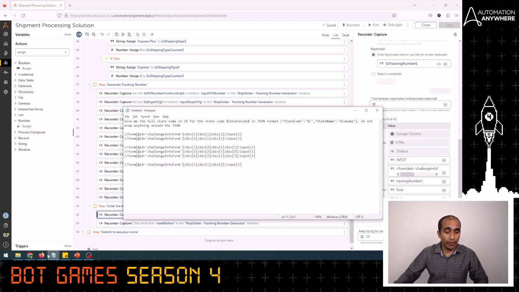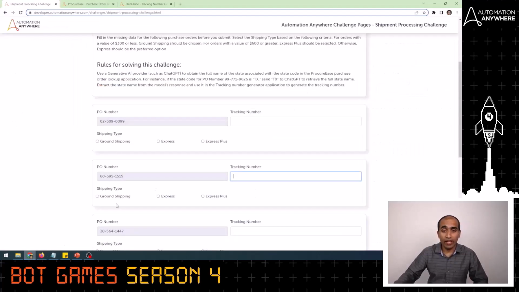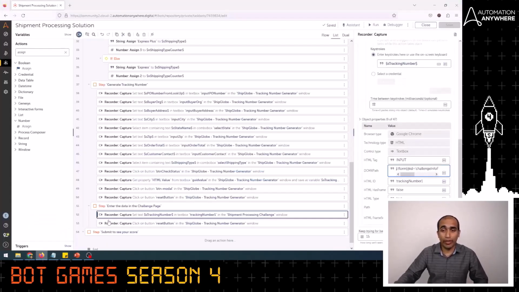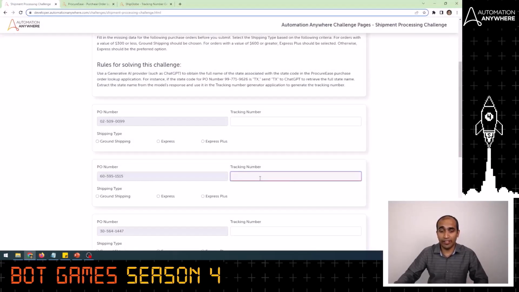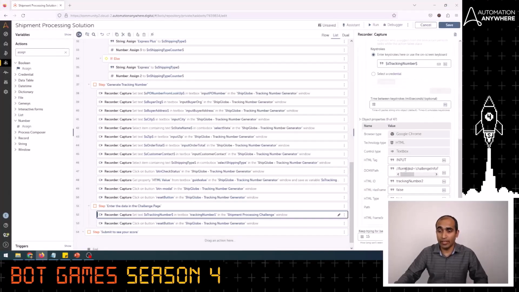Now let's get the DOMX path for the next tracking number. The first tracking number is connected to the first PO number and the second tracking number is connected to the second PO number. So let's identify the DOMX path for the tracking number connected to the second PO number now. I'll go back to my automation, click on recapture object and identify this second tracking number. I'll copy the DOMX path here